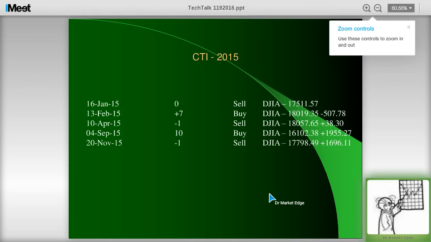Okay, so in 2015, the Dow was down about 2.2%. If we had just done a buy and hold on an index fund, you lost about 398 points. But timing the market using the CTI, you actually would have made 3,181 points, or about 17.8%. That doesn't do that well often, but